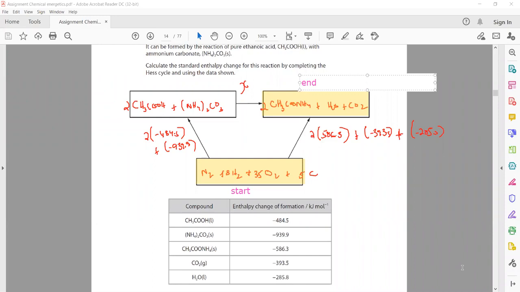So the overall energy change does not depend on the route or the path which we follow. If we follow path 1 or path 2, the overall energy does not depend on this. So when we substitute these values, our final answer will be, when we write the equation, it should come out as